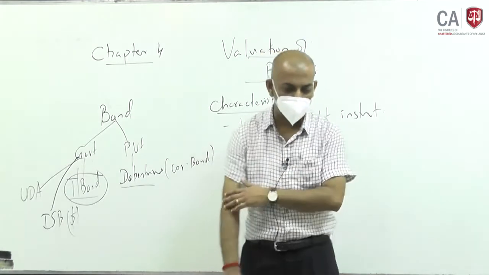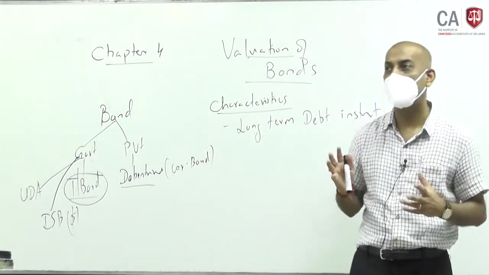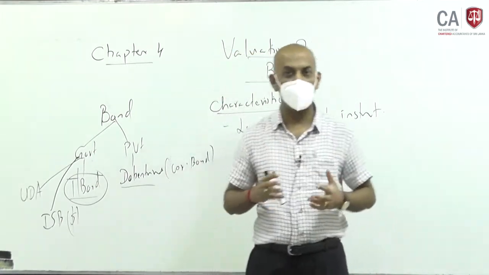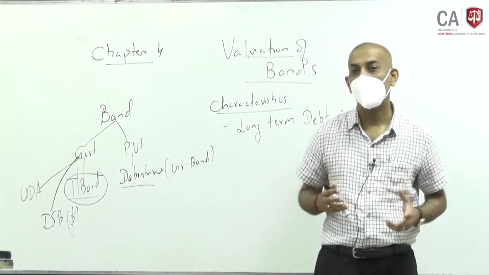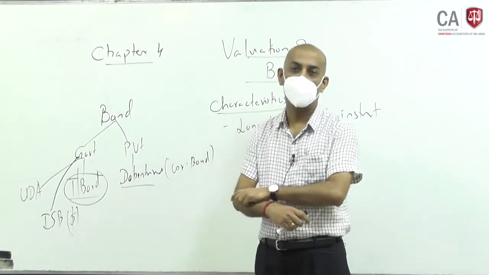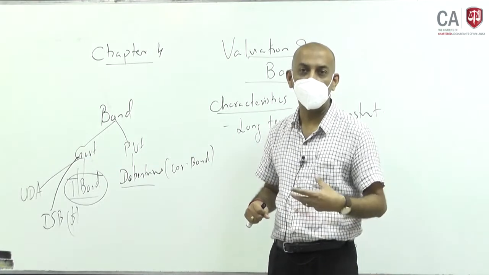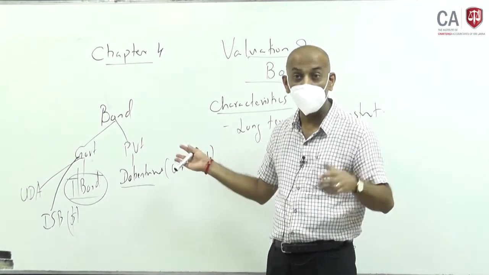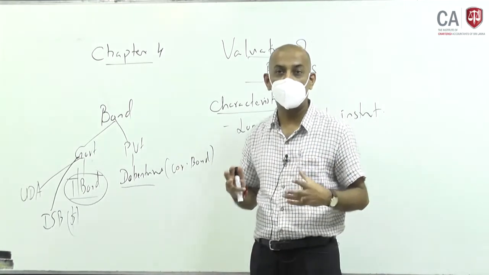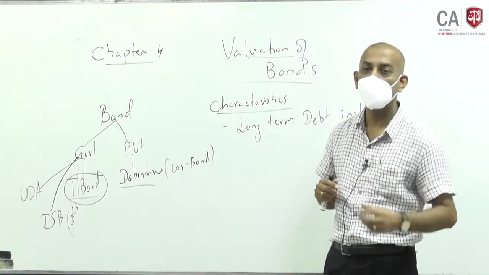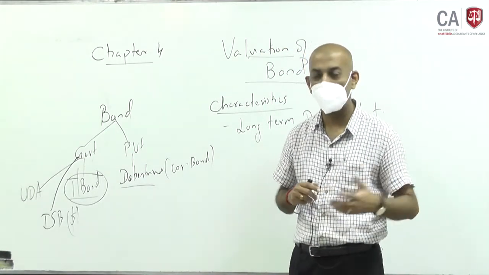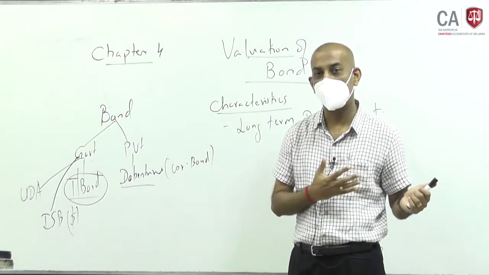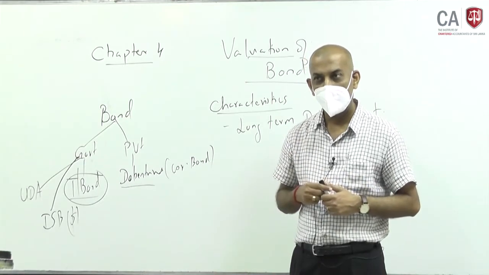I think we would have discussed somewhere else the company's long term assets. If you are going for capital expenditure, you are going for a project or you are going to put up a building, what do you do? In order to fund your project, you will borrow money. You can take shareholders' or equity finance or you can borrow money. The borrowing you can do from the bank or you can issue debentures or bonds. So, you, a corporate, a company, could go and issue debentures to the public at large or to institutional people and raise money for funding your capital expenditure. So, this is a common thing a company could do. Now, we will discuss